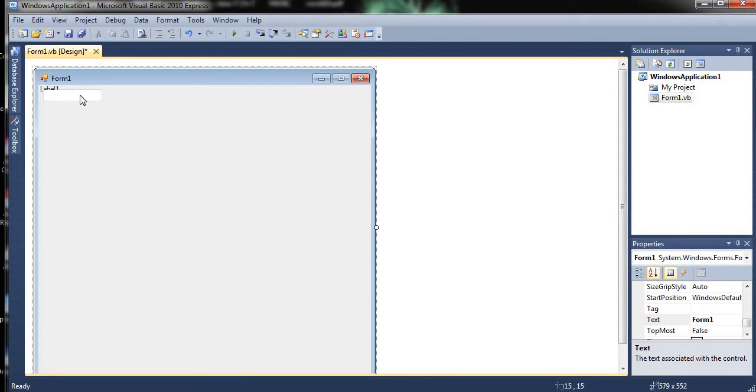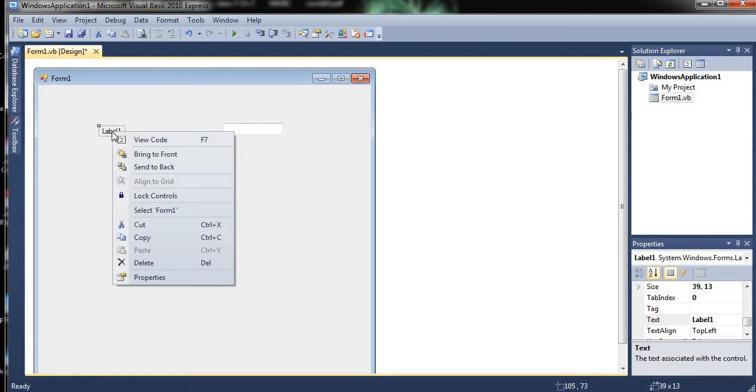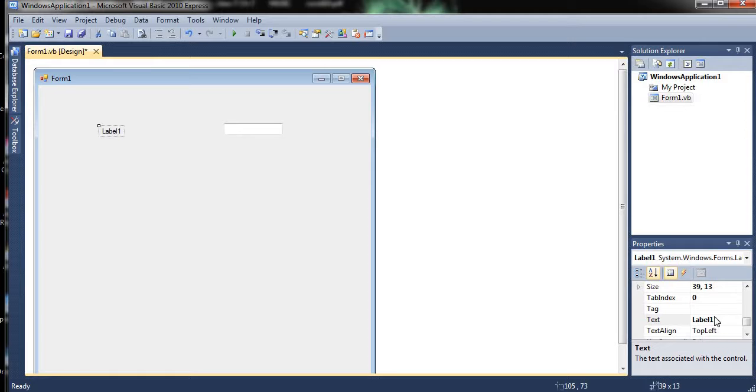So here we have one text box and one label box. In the label I am displaying: enter a number between 1 to 7.